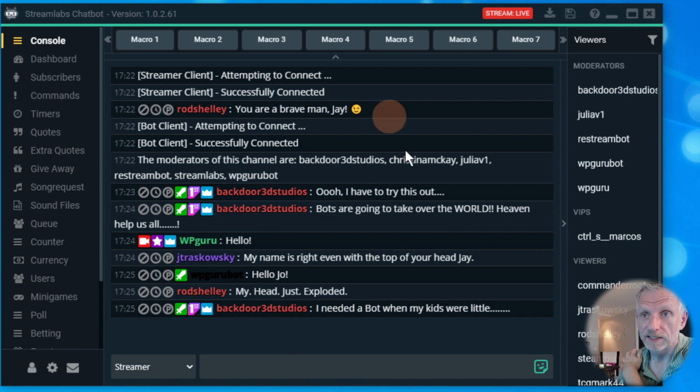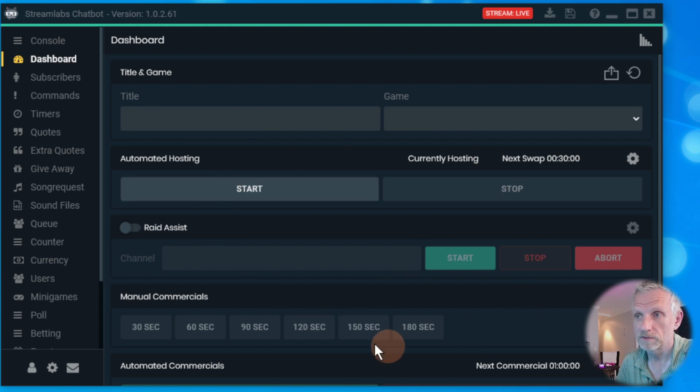Some pro streamers have this open all the time, and they can do all kinds of things with these macros here. And we're not going to get into all these things, but into some of them. So one of them is commands. That's the one thing I can work out here. I can work out the console. I can't actually work out the dashboard. I don't know what the dashboard is all about.